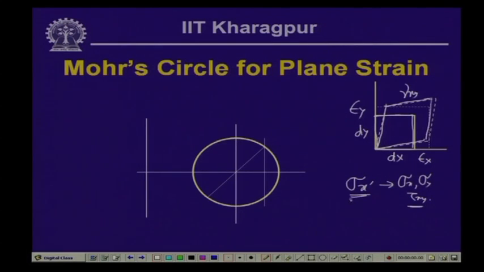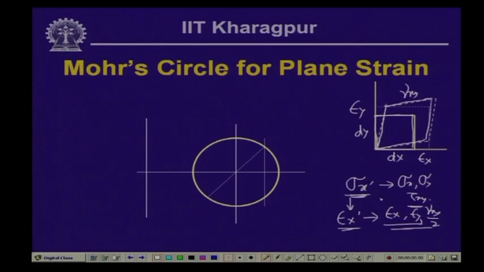Now, in contrast to this, the normal strain epsilon x dash, we are writing in terms of epsilon x, epsilon y, and gamma xy by 2. If you look into the expression for epsilon x dash and sigma x dash, you will find